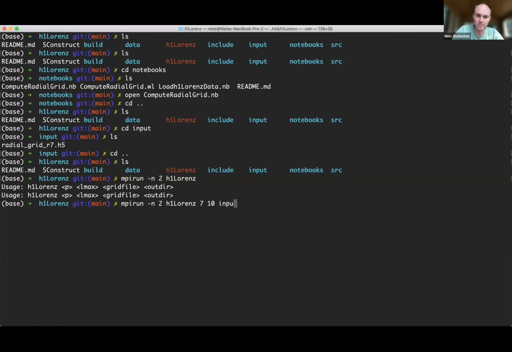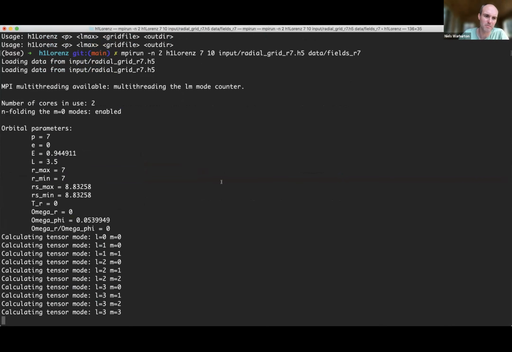Where is the grid file input? So it asks where it is. It's slightly funny, you do need to make sure these are consistent. This 7 needs to match this. If it doesn't, it'll do something weird. So just make sure you do that. And then where do you want to output? So I'm going to output in data and fields R7. You can make that whatever you want, but that's where I tend to put it, data, and then in here. And if you run that,